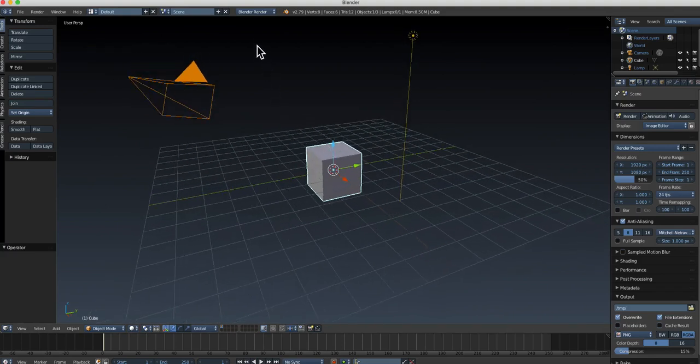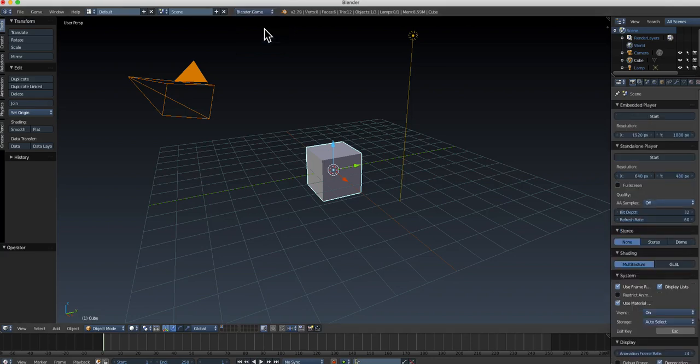Okay. Next, we want to come up here to the top middle of Blender, and you're going to see this little pull-down menu that says Blender Render, and you want to click on Blender Game. Okay, that activates the game engine. Then you want to come over here to the far right-hand side, and you're going to see this big old